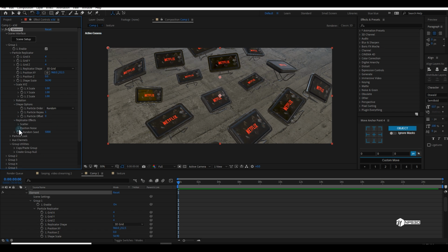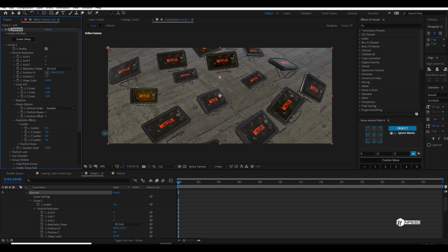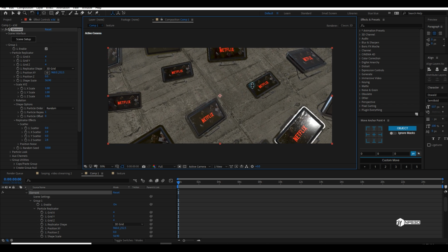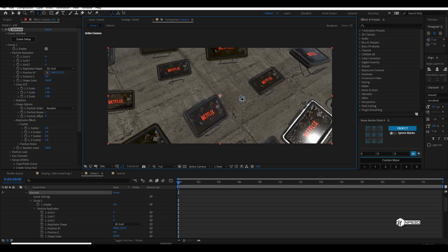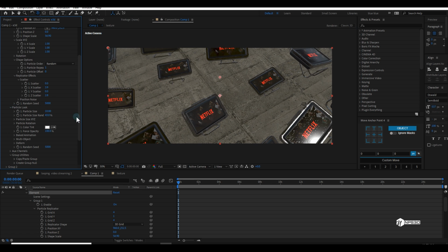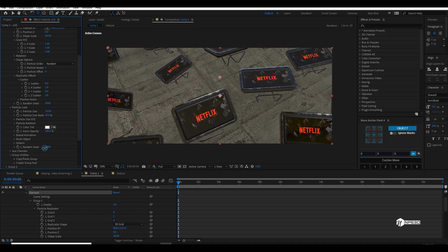Shape scale, replicator effect, scatter, and I can scatter the X value and Z value if I want, which I did not do in my final one, but I am doing here. So this looks good. And if you want, you can play with the particle size randomness, but you don't think this screen should be smaller. You want this one smaller and this one bigger. So you can play with the random seed, which will give you a different one, which looks good. So maybe this looks good to me.